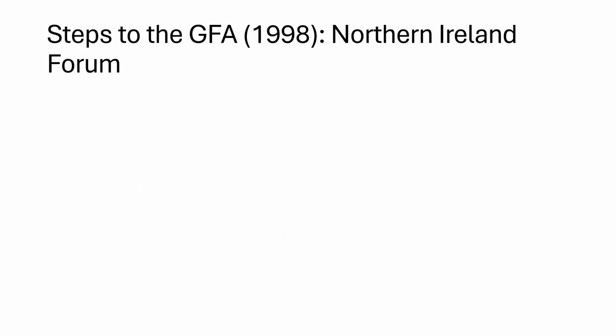The next big step towards the Good Friday Agreement is something called the Northern Ireland Forum. A forum is essentially a place where you can go for discussions. We have things like online forums where people go and have conversations online. The biggest example I can think of would be something like Reddit, which is a website for people to go and have little discussions, little forums in areas set up dedicated to unique things.